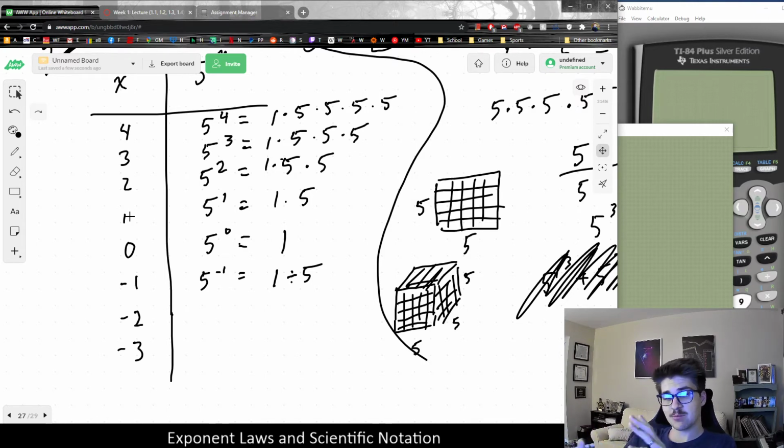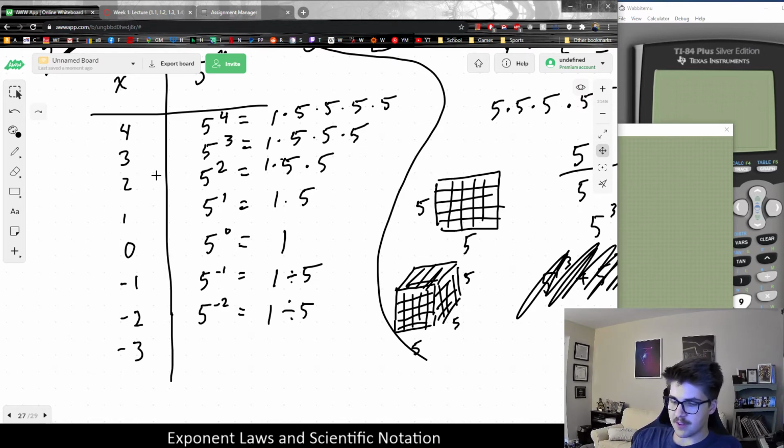Just like how adding and subtracting are opposites, when we're in the realm of multiplication, which is why 5 to the 0 was 1, it's because we were in the multiplication universe, not adding and subtracting. The opposite, raising it to a negative power, is the opposite of a positive power, which is why it must be dividing instead. And if I was to think about what 5 to the negative 2 represents, it means,